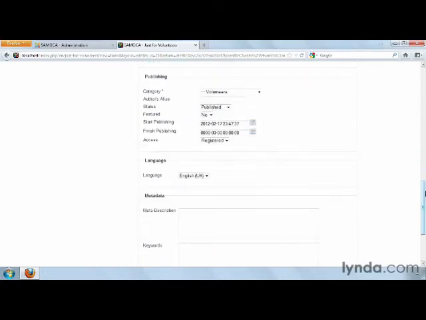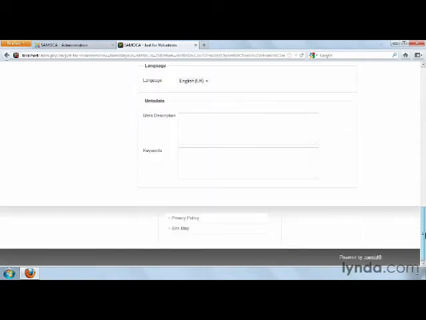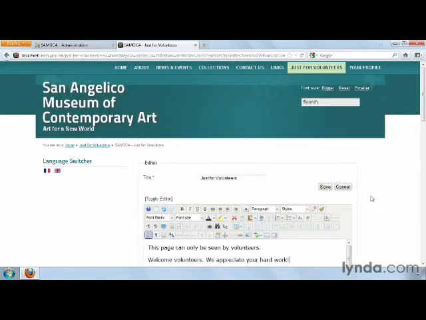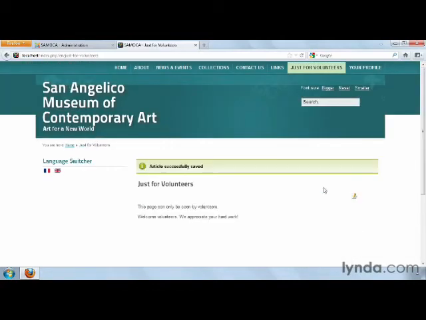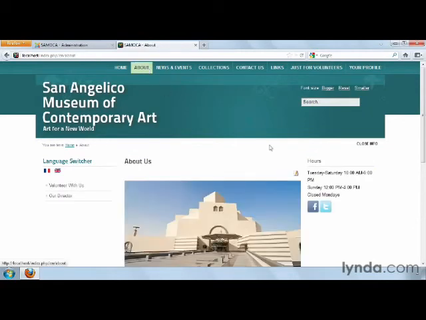I have the information here about the publishing in regards to this article. I can change the start or finish publishing date. I can change the access that this article has. Right now it's set for registered users only. I can change the language of the article, and I can enter metadata. All of this I can do from the front end of the website. And when I'm done editing, I can say save. So once again, I can go here through the website, and anywhere I see a pencil, that's content that I'm